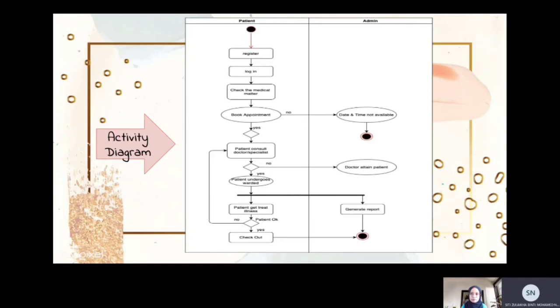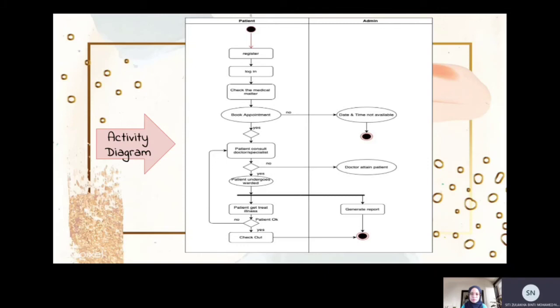When the patient gets treated, if the patient is okay, the patient will check out and lastly stop there. But if the patient is not okay, it will return to the patient consulting the doctor and specialist.